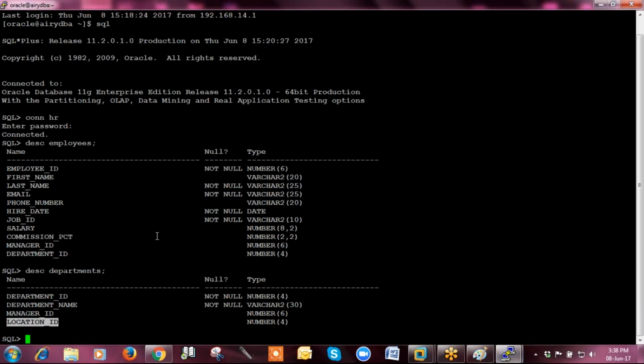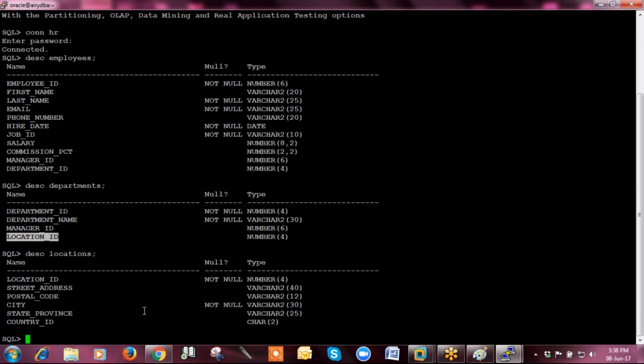You can see city is neither present in the employees table nor in the departments table. So what I can do? We have another table that is called locations. Here you can see there is a column named city.